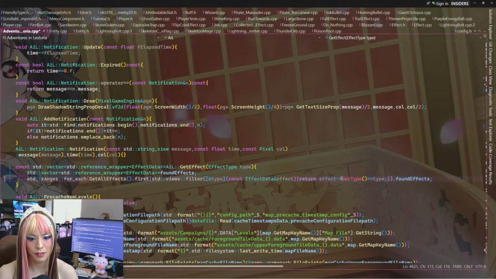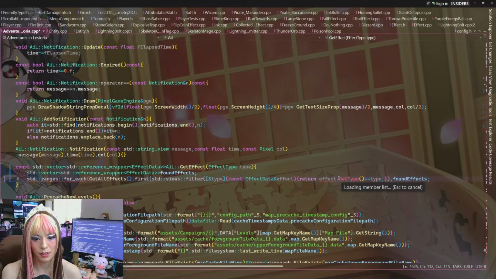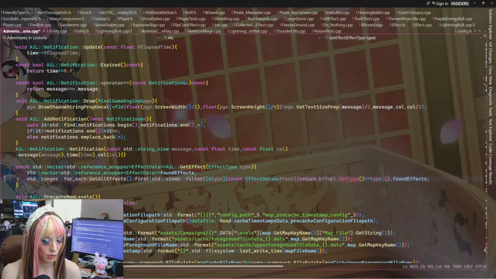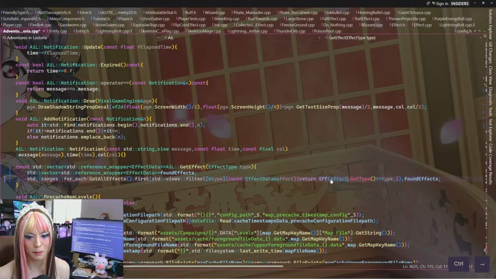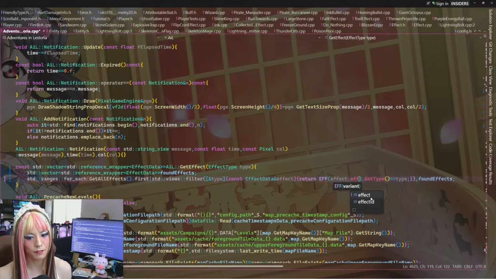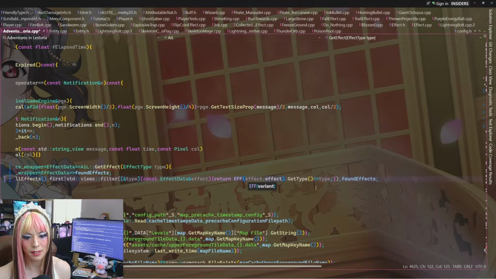And it'll be effect dot, well, we need to get type. So this is going to be like EFF wrapped around the variant, which is effect.effect, I believe. And then dot get type is equal to type. Gets inserted into found effects.